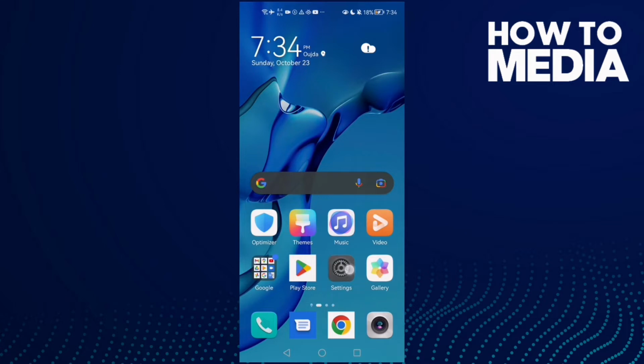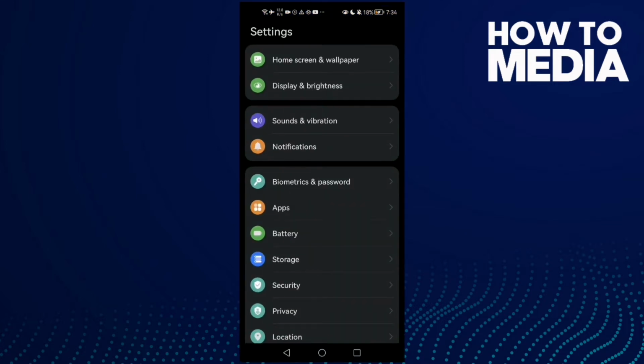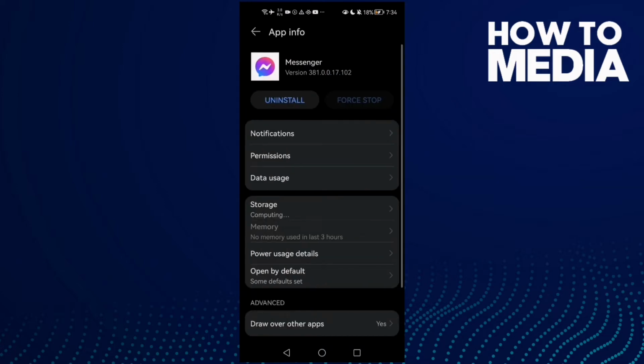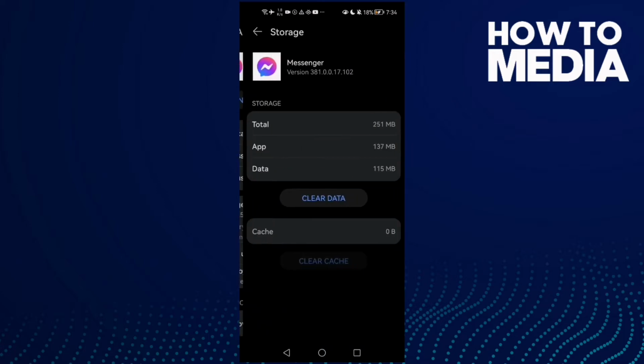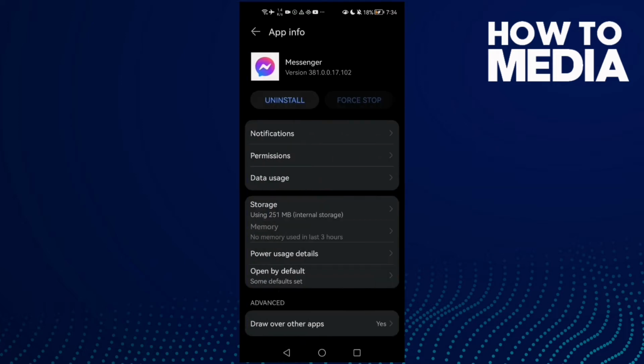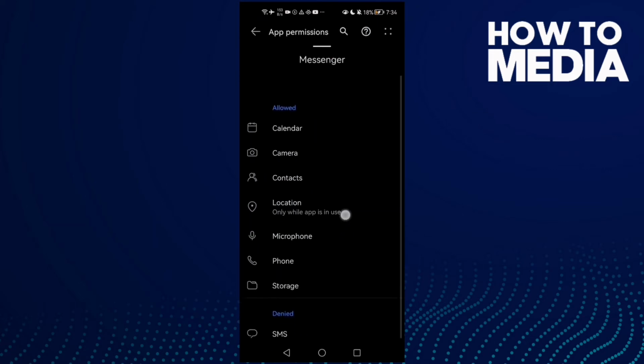First, open settings and then click apps and apps again. Now go to Messenger and then storage. Now click this one, clear cache, click on it. And if that doesn't fix your problem, just go back here, go to permissions, enable all of those here and